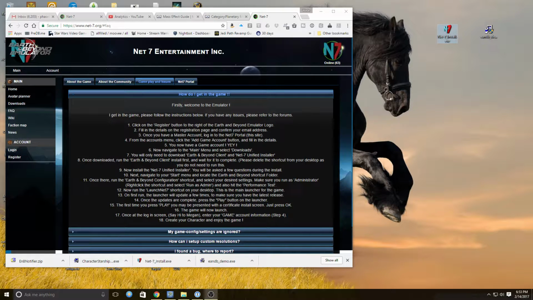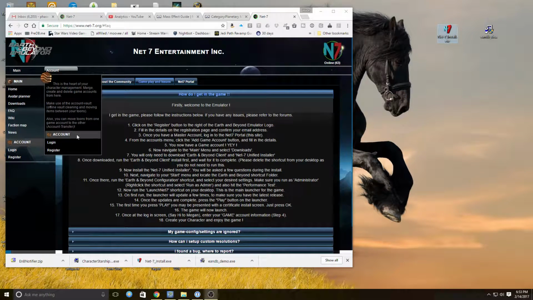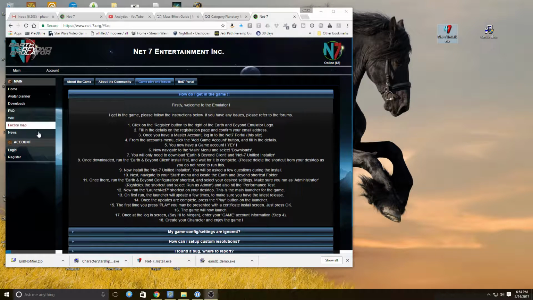So I already registered, so I have an account. And we did all this, and then you go to the accounts menu, which is here, and you log in, and it'll give you an add game accounts button. I actually tried to do it through the forums and it didn't work. You have to do it through net-7.org. So now that I cleared that up, you need to download the Earth and Beyond client and the net-7